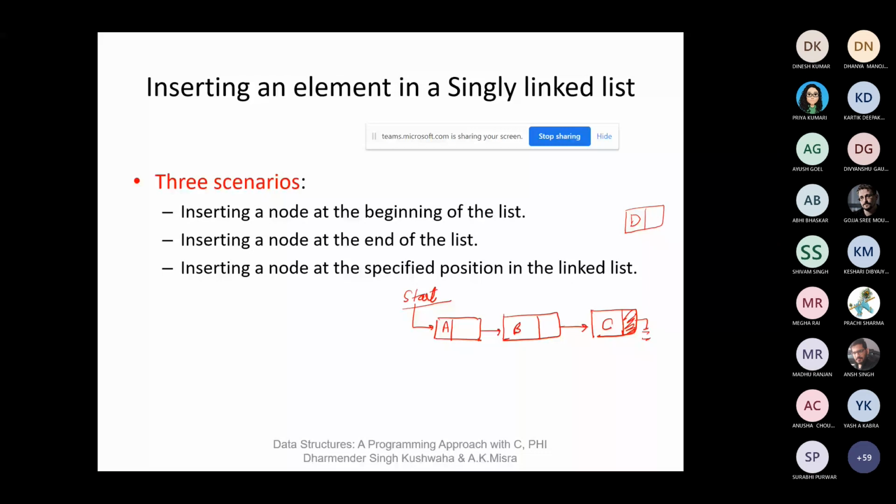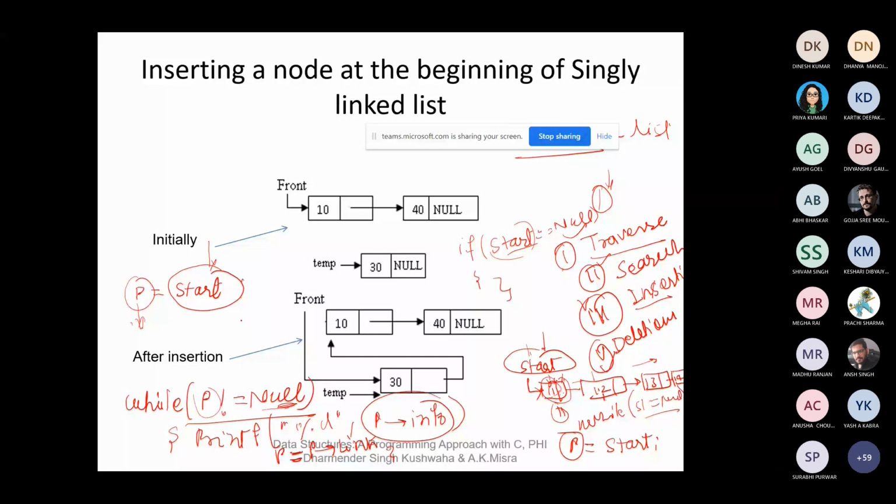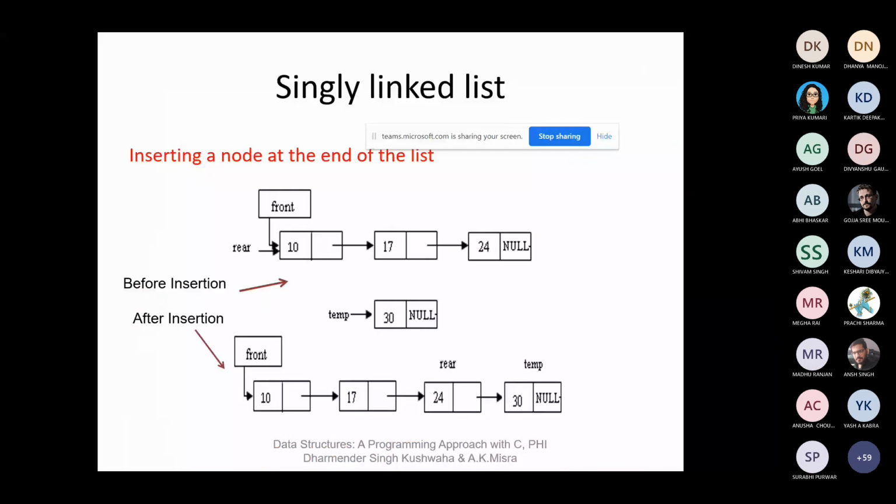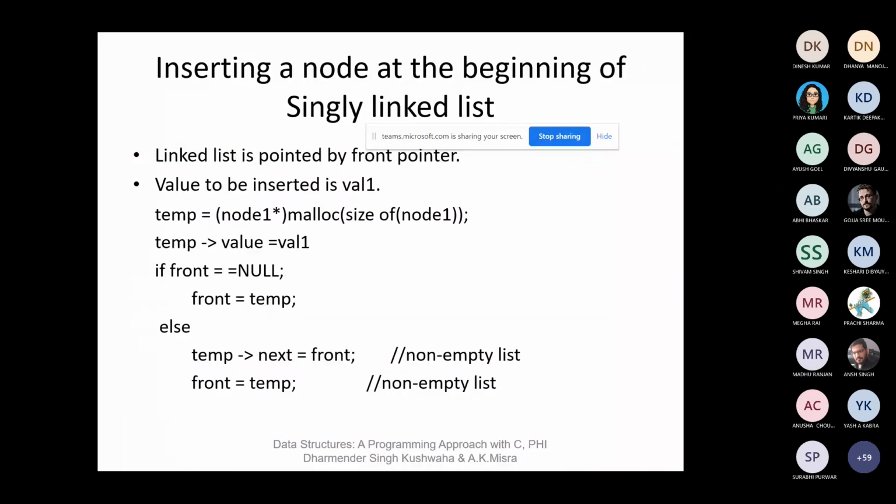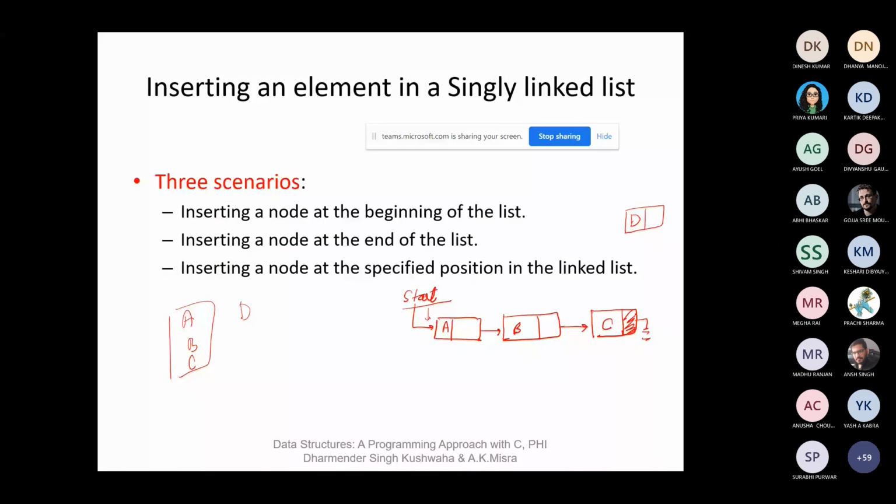So inserting the element in the list, either you insert the element at the first position, means beginning of the list. If the list elements are stored like A, B, C, now there is a one. Where is this? This one. And this D. Now you can insert at this point, or maybe you can insert at this point, or end of the list.